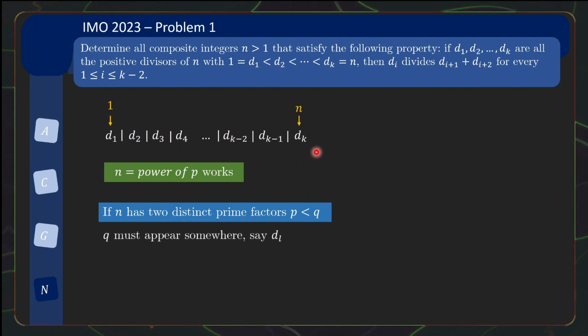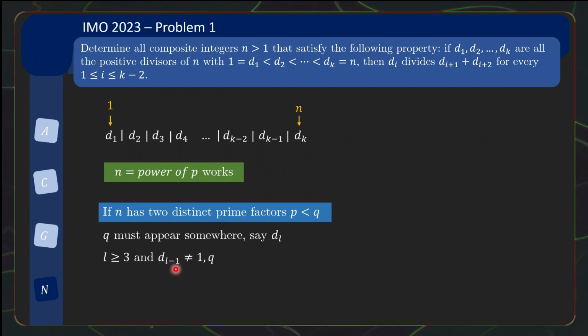And the problem here is, where can q be? Q needs to appear somewhere in this chain. Say the position is at d_l. But l needs to be at least 3 because d_1 is taken by 1. P is less than Q means p must appear before q. So q cannot be at d_2. So q is at least at position 3 and above, which means that the